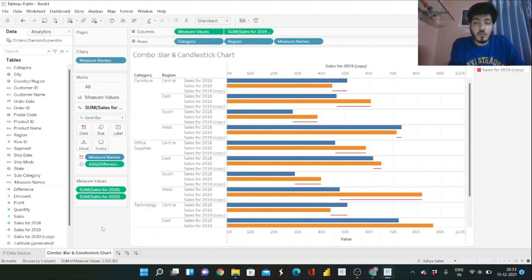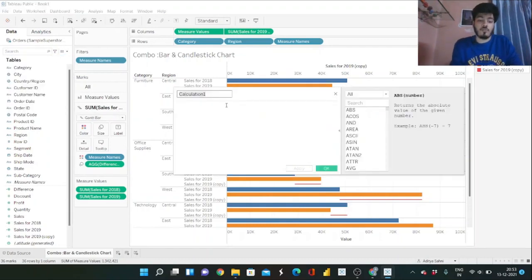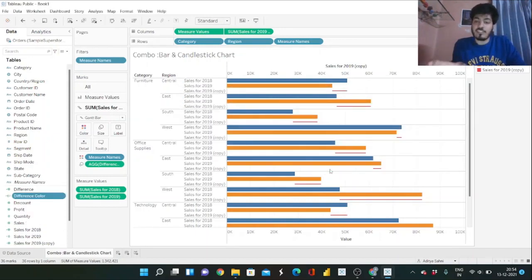So one thing we can do is create one more calculation, right? So I make a calculation called difference color, and I give it the difference field which we have calculated, the sum of sales 2018 minus 2019, and I give it as greater than 0, so it will give me either true or false, right? So if it is true, then it will change color. If it is false, it will change color, right? So I can just drag it to color shelf,